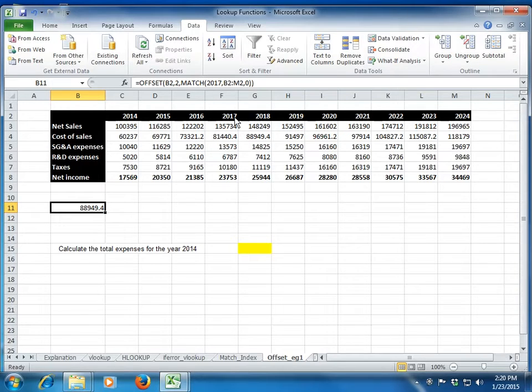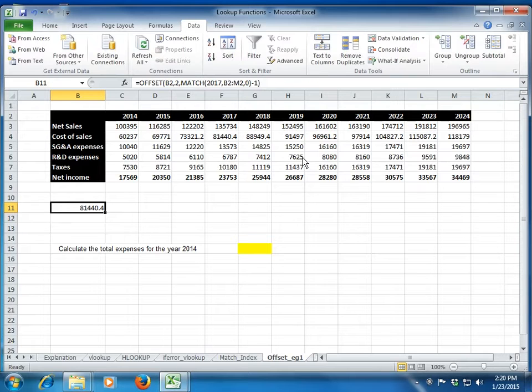Okay, yes, here it will give you one added column, because it will find the match for 2017, which in our reference will be 5. So the output for this will be 5. Instead of offsetting 4 columns, it will offset 5 columns. If I want it to offset 4 columns only, I'll simply do -1 here, and now I'll get the data for 2017.